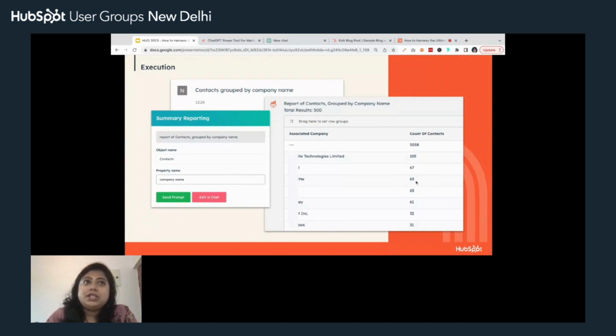And this is just a very simplistic example at this point, but you can also, depending on what sort of properties you have, what your business looks like, look at that. Let's say company names by location, so you can see how many companies or accounts you have in different locations, and maybe run a campaign according to that.